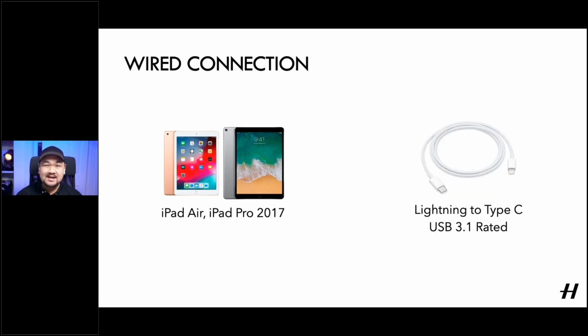Now, starting with Lightning, the simplest option would be a Lightning to Type-C cable. And this is the Lightning connector that plugs into the iPad on one side and the USB connector that plugs into the camera on the other side. Simple is a relative term because things can get a bit tricky. We do recommend a cable that's rated for USB 3 or 3.1 data transfer speeds. And there's a fair amount of these cables out in the market that are better suited towards charging. And so when you're looking at cables, you do want to look for a reputable manufacturer or vendor.